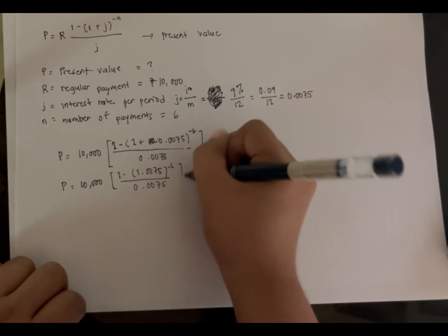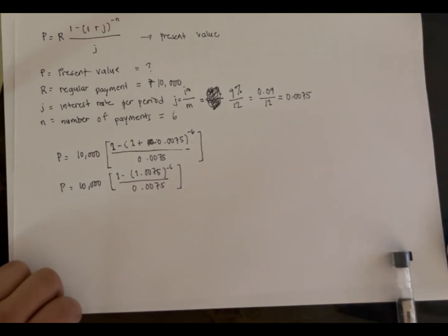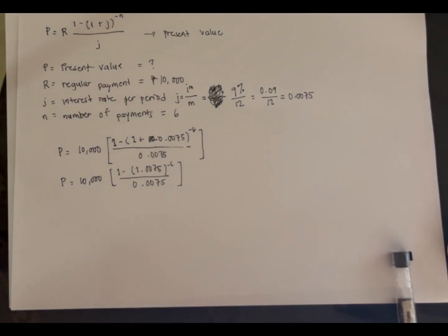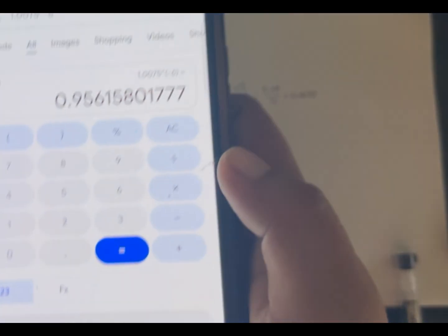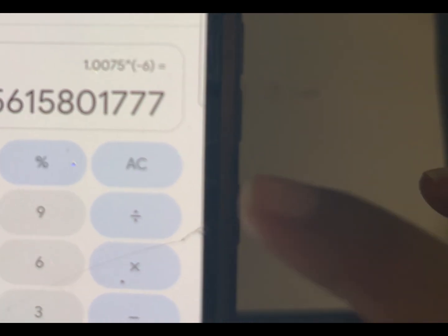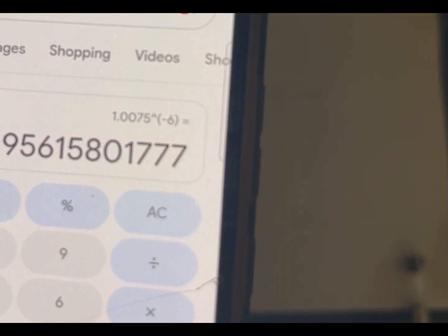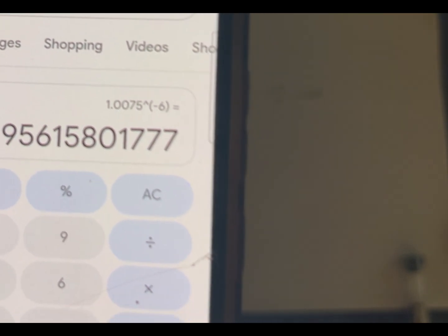0.0075. Okay. So, anong uunahin po natin dyan? Syempre po, following the GEMDAS, i-raise muna natin siya sa kanyang exponent. So, sabi dyan, raised to negative 6. Kapag nag-solve po kayo using calculator, huwag nyo pong kakalimutan po si negative sign. So, ayan siya. Okay, so 1.0075 raised to negative 6, that is